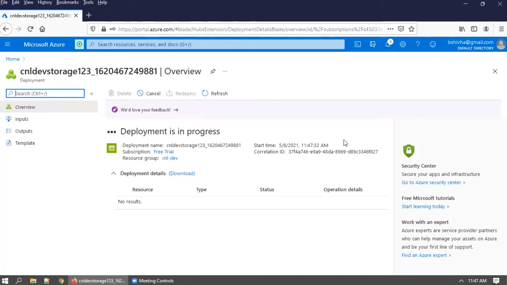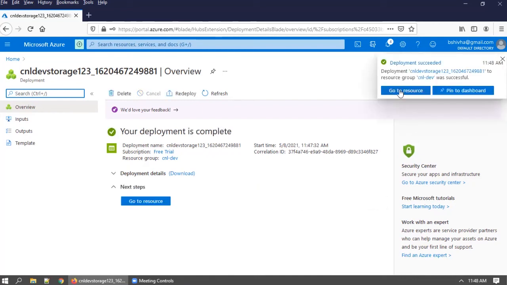Once the storage account is created, we will show the storage account part. So I'm just going to the resource.